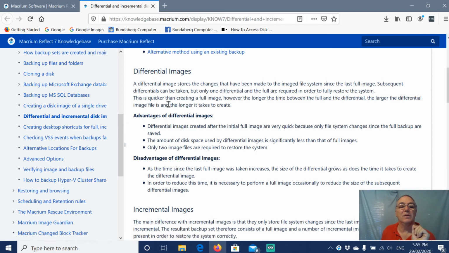Subsequent differentials can be taken, but only one differential and one full are required in order to restore the system. It is quicker than creating a full image. However, the longer the time between the full and differential, the larger the differential image file is and the longer it takes to create. So we're making a differential backup every single week, and so the first week we'll have just